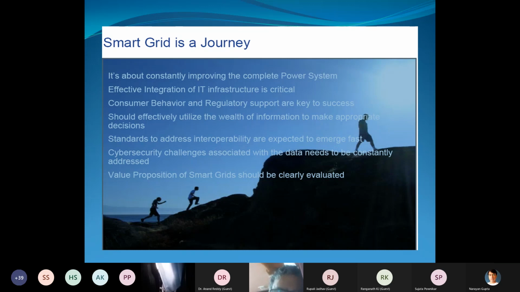Smart grid is a journey. It's a continuous journey, never ending. It's about constantly improving the complete power system. Like your performance, you improve from first semester to 8th semester. Performance should improve, not deteriorate. That's the beauty. They say each faculty member should have at least 4 lines included in